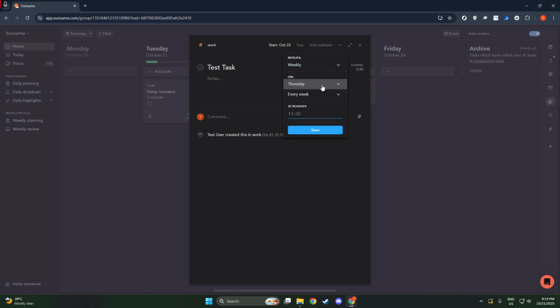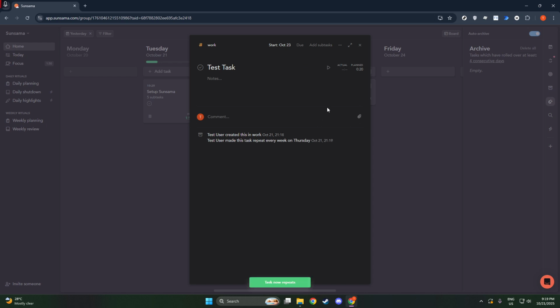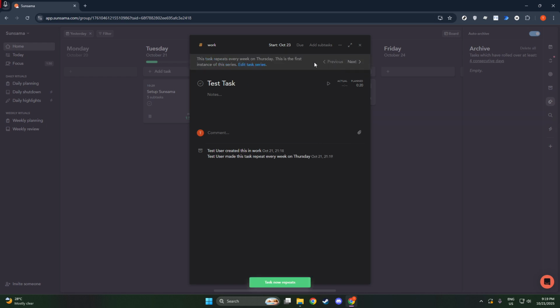Once you've configured your preferred recurrence settings, make sure to save your changes. By saving, you've now successfully set up a recurring task series in Sunsama. With this now added to your task list, a new instance of the task will automatically appear according to whatever schedule you've defined. This means you can spend less time setting up repeat tasks manually and more time actually getting